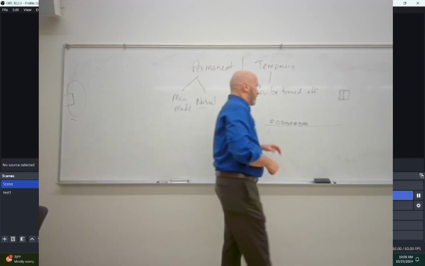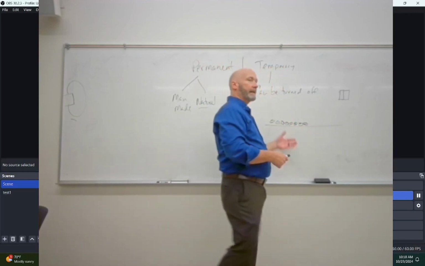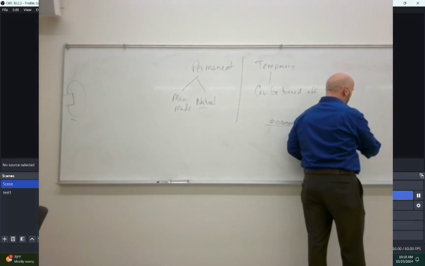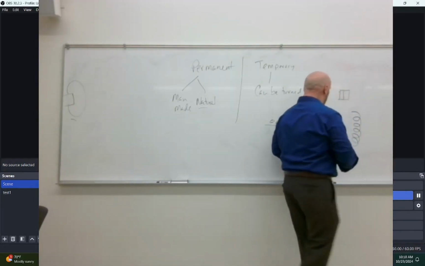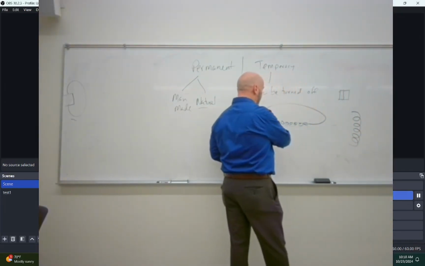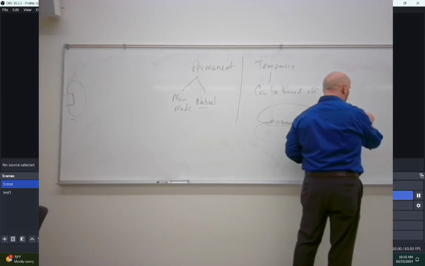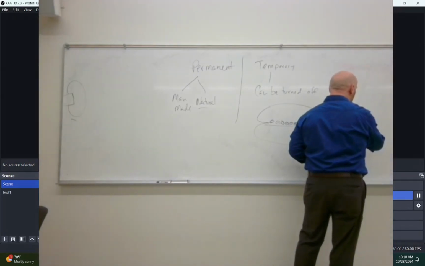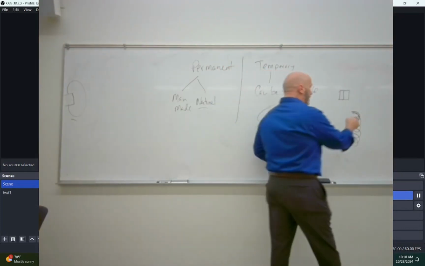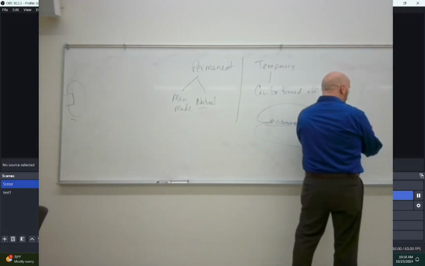Okay? So there is a way that we can take this relatively strong magnetic field and make it even stronger. And this is kind of getting into Friday's lecture, but that is to take it and pull it around like that. Okay? So with this, what we've got is magnetic field. So we have magnetic field lines reaching out like that. But if I pull the wire and I run all these electrons, first off, how many more electrons can I stick on that pulled wire than I can on this flat wire? In a word, a lot, right? So now we've got a lot of electrons creating this magnetic field,